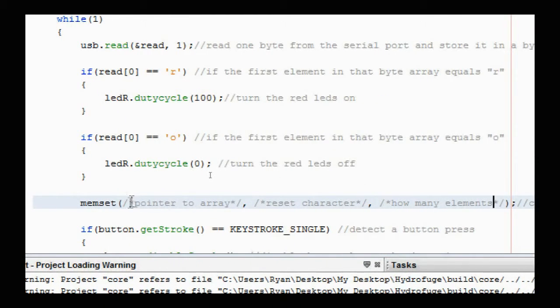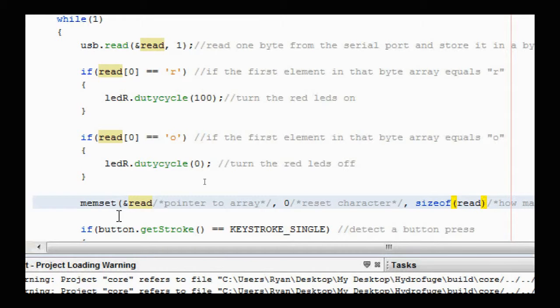Alright, so for a pointer to an array, we could pass in read, but we really couldn't pass in read because read is the actual array of bytes. It isn't the location of them. So to turn it into a pointer, we're going to use the ampersand, which is shift 7, which gives the pointer to the read array. And then for the reset character, we're just going to set each element in that array equal to 0 for the size of the array. So we'll use the C sizeof function, SIZEOF, and then that will take an argument called read,